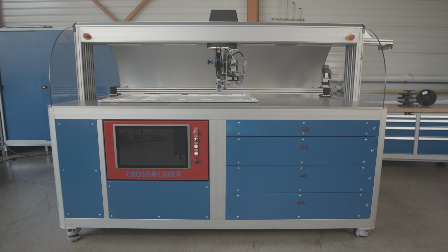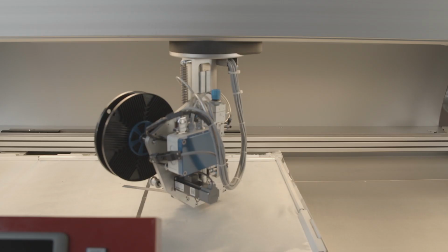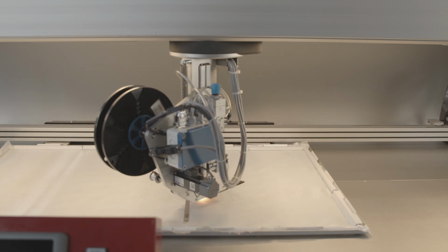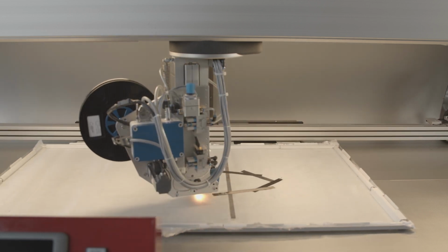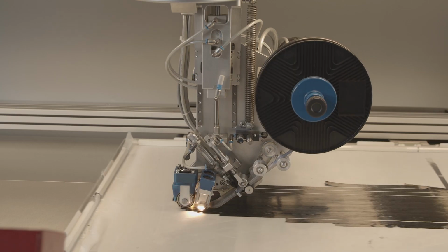The Crosslayer is a versatile and yet inexpensive tape laying system, as an alternative to a robot-based tape laying system. Thanks to the compact design, the space requirement is considerably less than that of robot-based systems. That means with simple programming, the user is able to create individual tape scrims of powder-impregnated fiber tapes or pre-preg